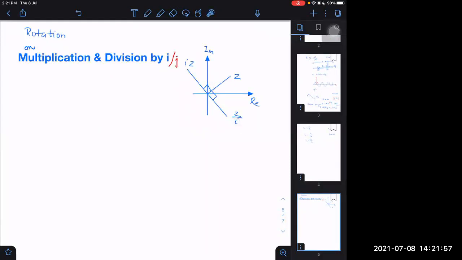And by dividing by iota, iota means here I will write it as j cap. By dividing by iota or by dividing by j cap, it will be turning 90 degrees. Sorry, did I say it wrong? I said it wrong, I think. Multiplying by iota is anti-clockwise and dividing is clockwise. This is z complex number. If I multiply z by iota, it goes this side, and if I multiply by minus iota, it goes that side.